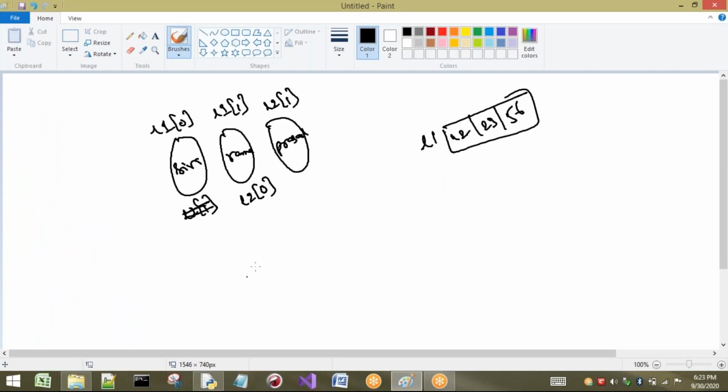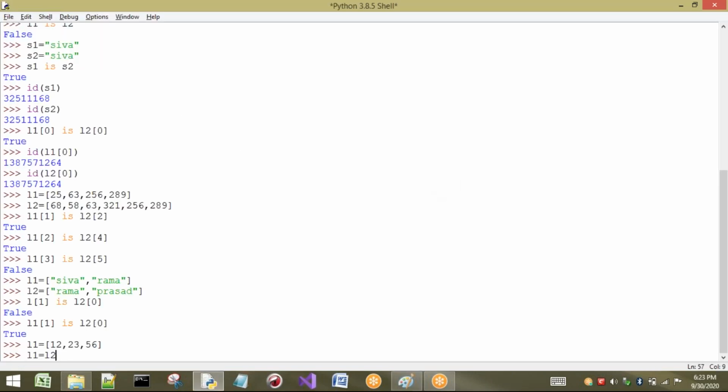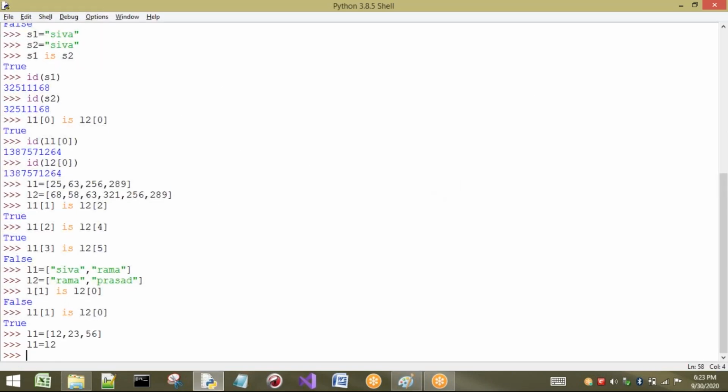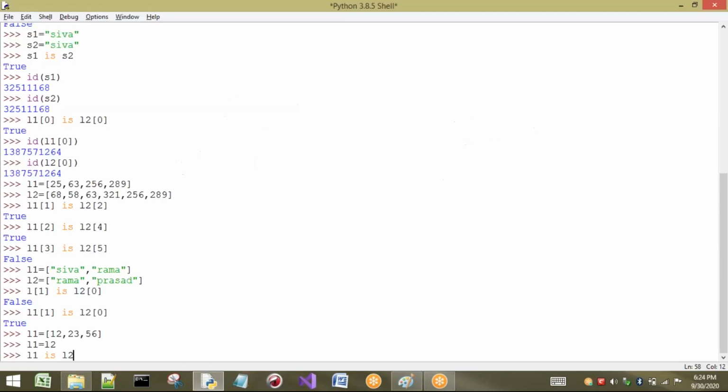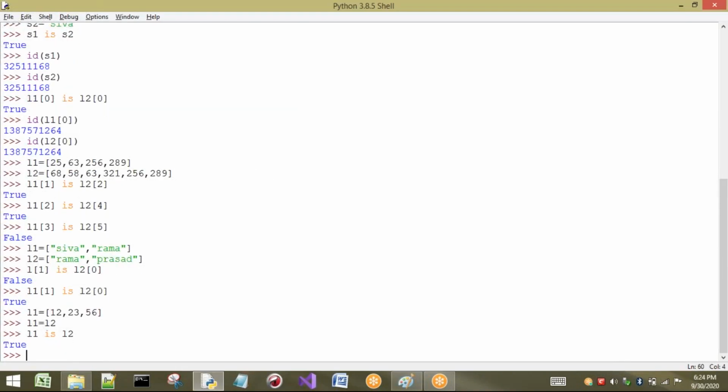Now I say L1 equal to L2, that means L2 is also pointing to the same memory location. How do we find out? Let us see, L1 is L2 or not? Yes, both are pointing to the same one, so we get True. This concept is called aliasing. In aliasing, both the lists point to the same object.